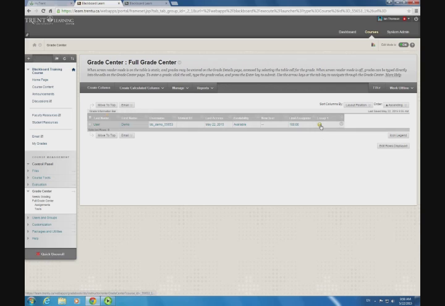What we want to do to be able to grade this assignment is click on this little down arrow right here, and this down arrow will appear as soon as you hover over this cell here. It's kind of like Excel that way. And I just want to click on this down arrow and I want to click on the attempt. Okay, and you can see right off the bat that it gives me the date that the student submitted their document, which is really useful if you're trying to figure out when the student submitted their document. So I'm going to click on the attempt,